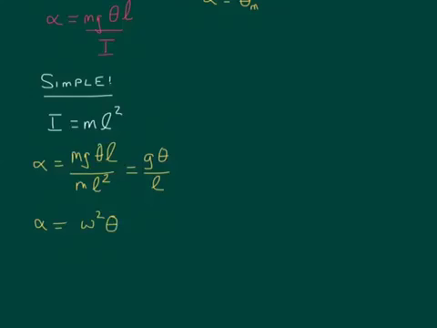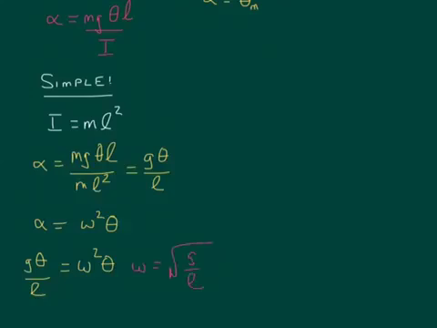Just like in the linear version, linear acceleration is omega squared times linear displacement. For angular, we have alpha equals omega squared times theta. So we have two expressions for alpha. We're going to set them equal to each other. We're going to say that omega squared times theta is equal to g times theta over L. We can cancel out our thetas, and we can find that omega is equal to the square root of g